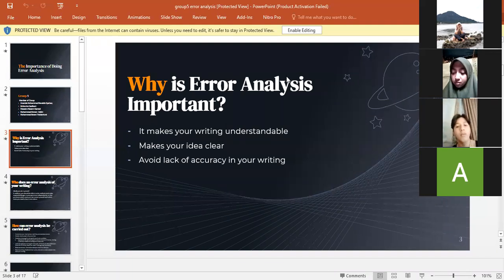Why is error analysis important? It makes your writing understandable, makes your ideas clear, and avoids a lack of accuracy in your writing. Next,